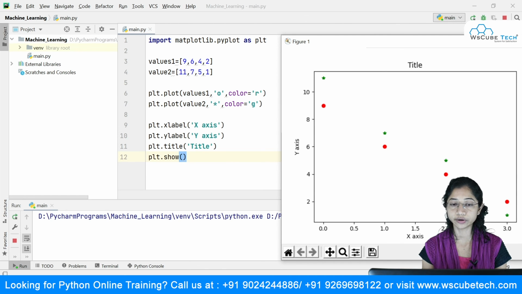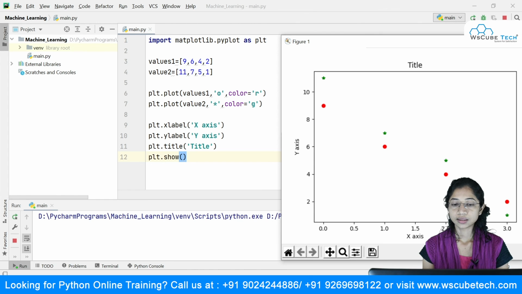What we have studied is that we can plot our graph by mentioning the x values and the y values. The x values will be on the horizontal line, and the y values on the vertical line. To pass those values, you can either make use of a list, or you can import numpy and create arrays, and plot using those arrays, and you are going to get the graph.